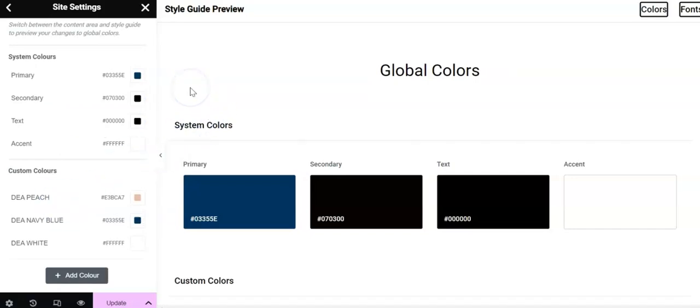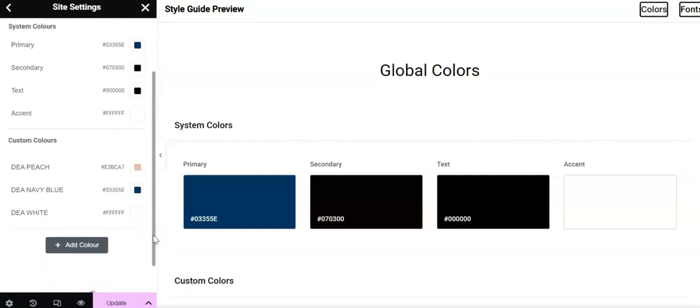The first one that you will see is the primary, secondary, text. This is what Elementor provides, and then you just customize it. If you want to have another set of colors, you can add colors and then give them titles. So this is what you see here. Give them titles, literally just stating what the colors are as well. The DEA is Developing Educators Academy, so again, you can abbreviate your company. I wanted to show you that. To put in your branding colors, you'd click on add color, and you would give it a title,